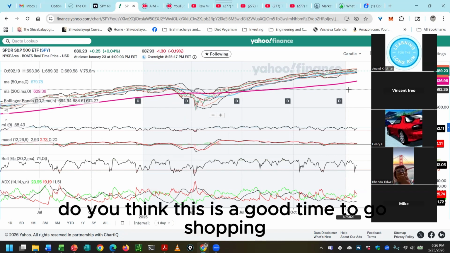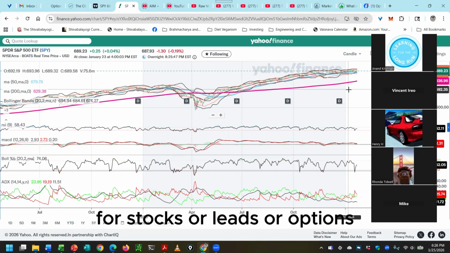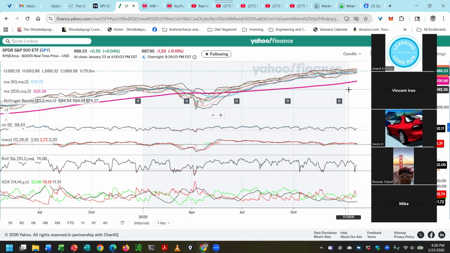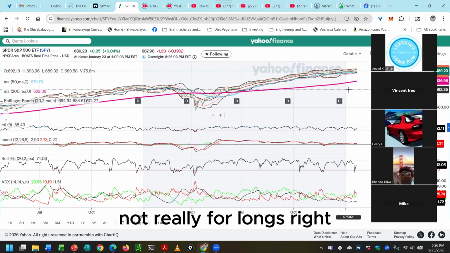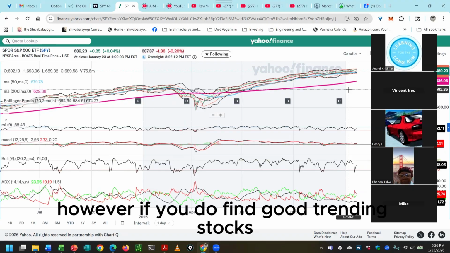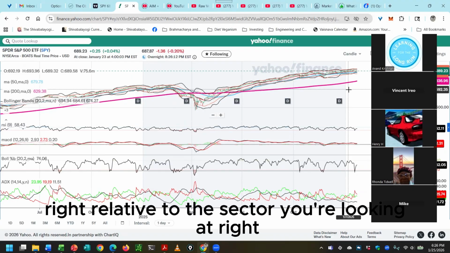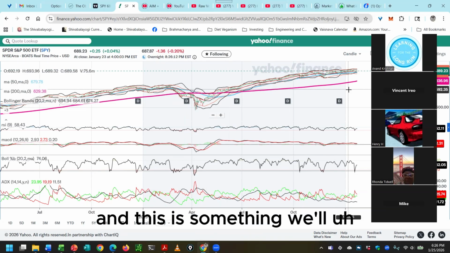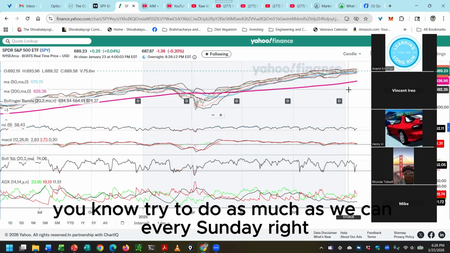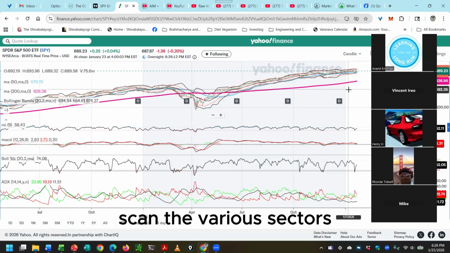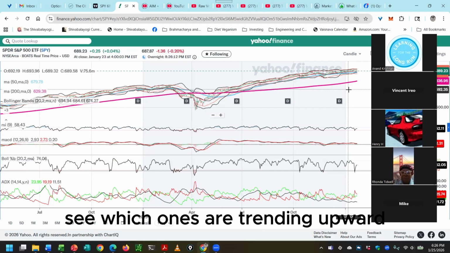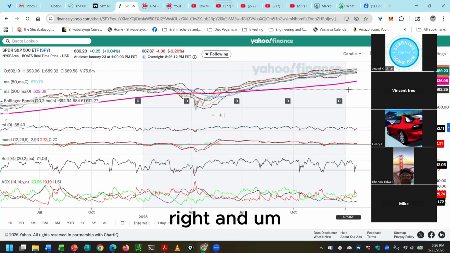Based on this, Anand, do you think this is a good time to go shopping for stocks or LEAPS or options? No, not really for longs. However, if you do find good trending stocks relative to the sector you're looking at, and this is something we'll try to do as much as we can every Sunday, scan the various sectors, see which ones are trending upward,